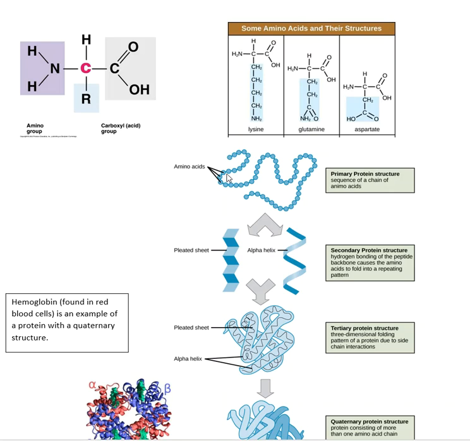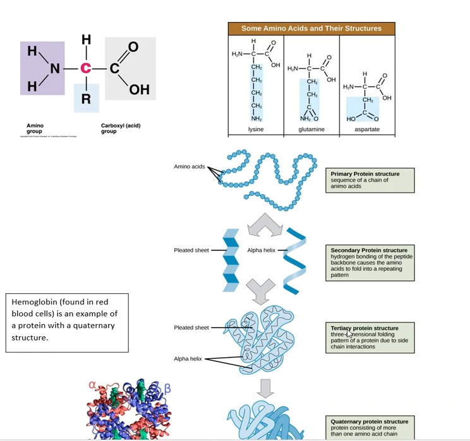What will happen is due to interactions between portions of the amino acids, the primary structure can twist and fold on itself to create one of two other types of structures. It's called a pleated sheet, or you'll sometimes hear the term a beta pleated sheet, or an alpha helix. Now, within a particular protein, you can have regions that will form a pleated sheet and other regions that will form the alpha helix. But what will happen is that interactions between the chemical R groups will cause the protein to twist and fold again.